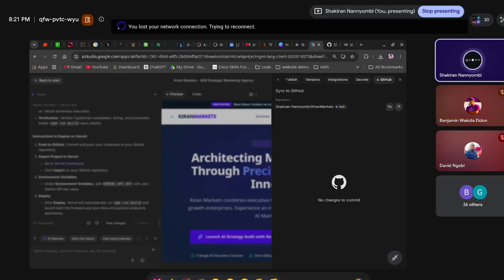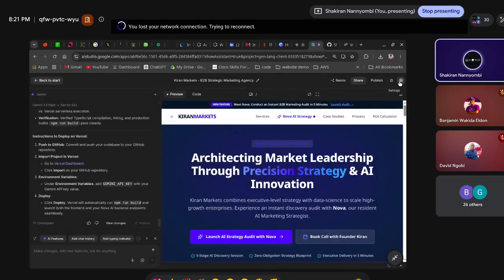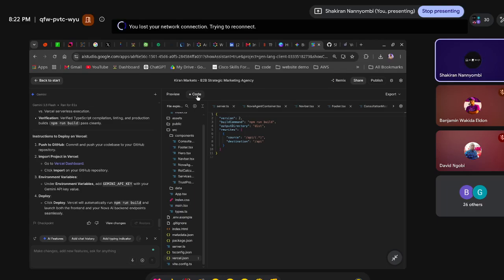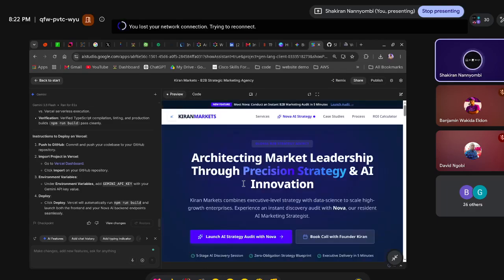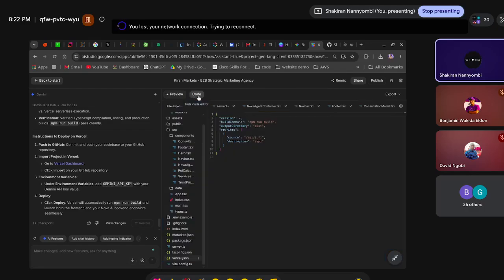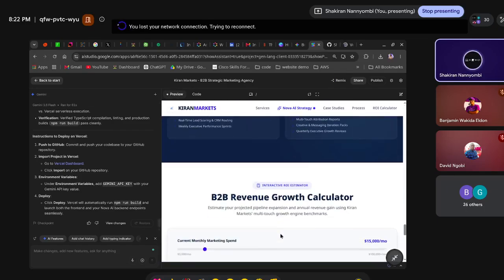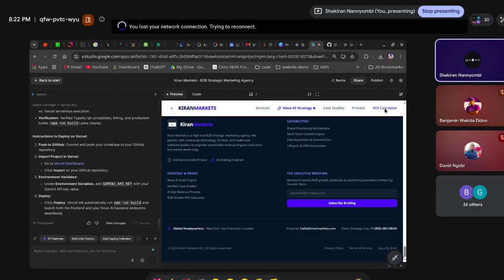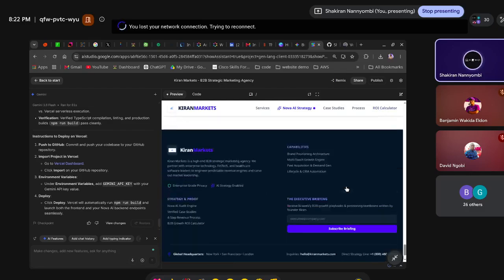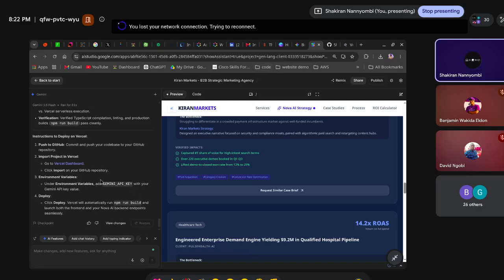So we have seen how to add files. You can easily add your logo. Maybe you've got your logo from any AI you're using. You can easily come to code and upload your logo. We have seen that you can refactor your project to be able to deploy on Vercel, but let's test it before we celebrate whether it can really actually deploy on Vercel. Okay, so it's telling me